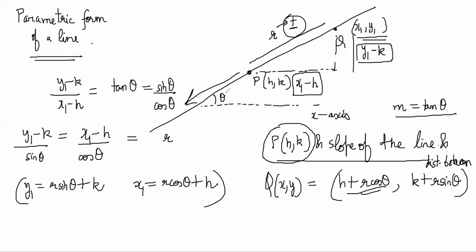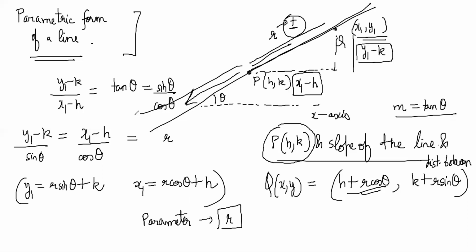This part, this parametric form of a line equation, is clear, no? Where the parameter is r. So parameter r can change, no? r can be 1, can be 5, can be minus 3, right? And you will be able to find each and every point on the line, basically, as long as you know a fixed point on the line and the slope of the line, right? Okay. Now we'll find 87. We'll do 87.